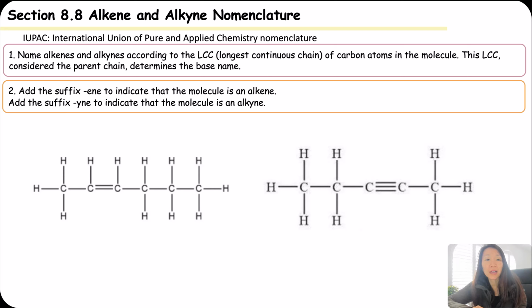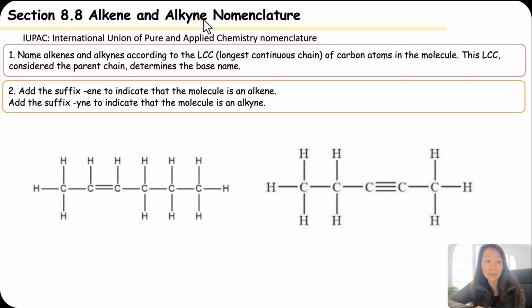In this video, we'll cover alkene and alkyne nomenclatures. Now, alkene and alkyne refers to a double bond and a triple bond, respectively. We also follow the IUPAC nomenclature, like the alkanes and the cycloalkanes, for alkenes and alkynes. Let's go over a few rules in order to find out how to name